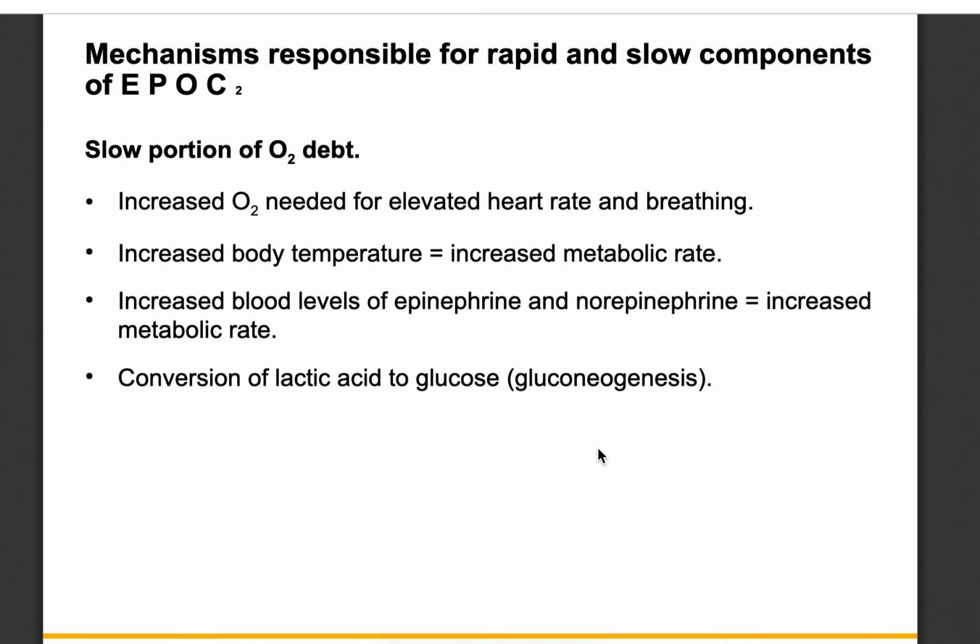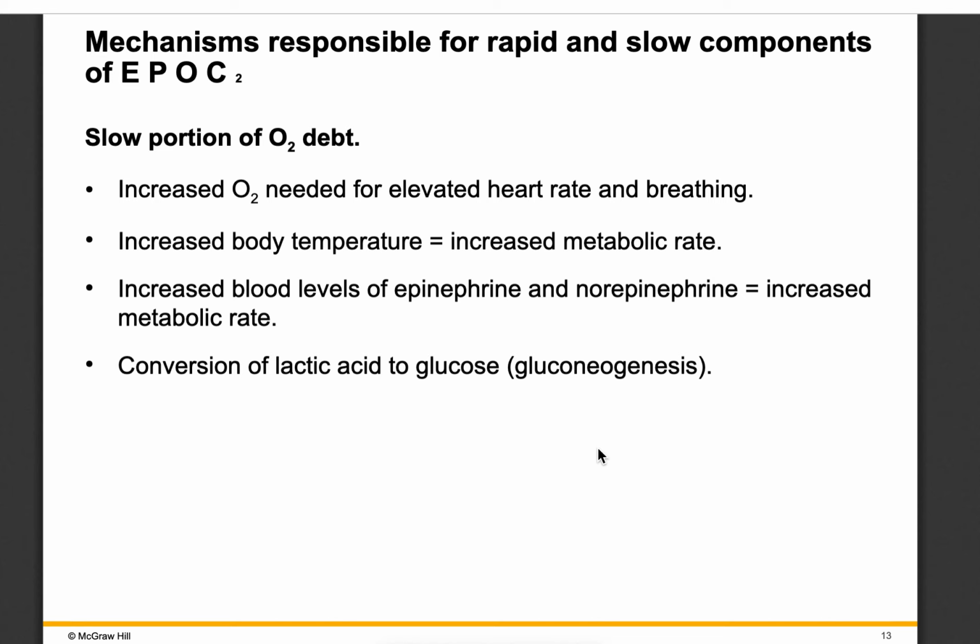So the slow portion of EPOC can last for a number of minutes, even on some intense exercise, and can last multiple hours that your O2 stays elevated above rest. So the increased O2 is needed for the elevated heart rate and breathing. Your heart rate stays elevated for a number of minutes after you're done exercising, and that takes more energy, and so you have to produce more ATP, which is going to need more oxygen,